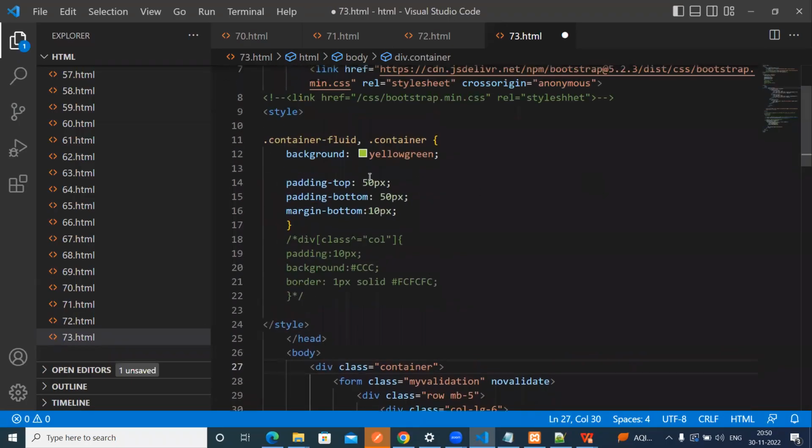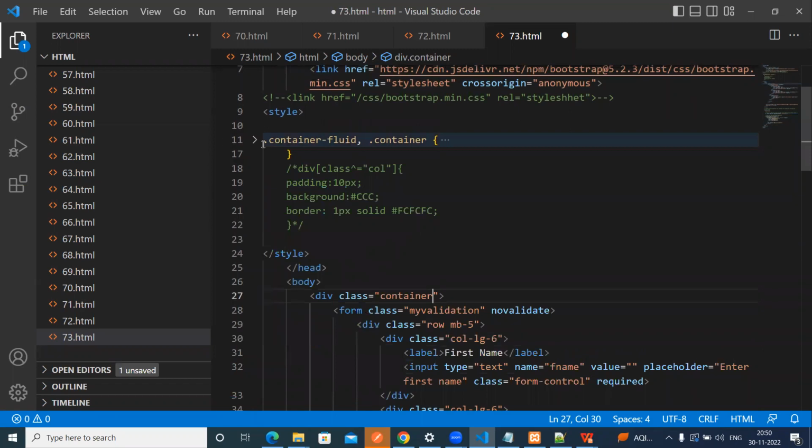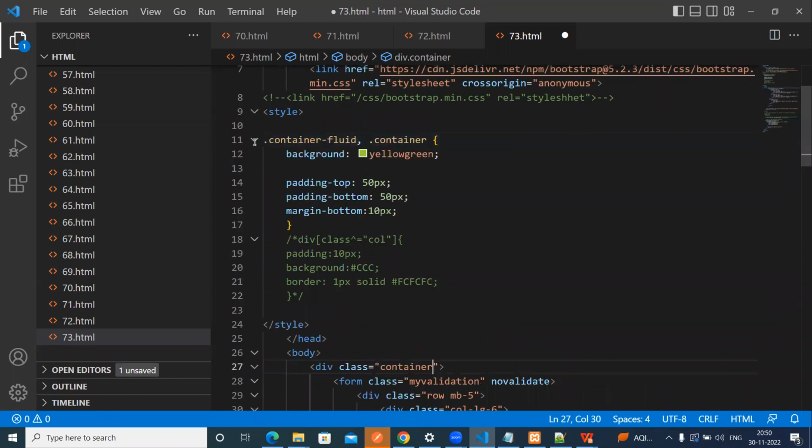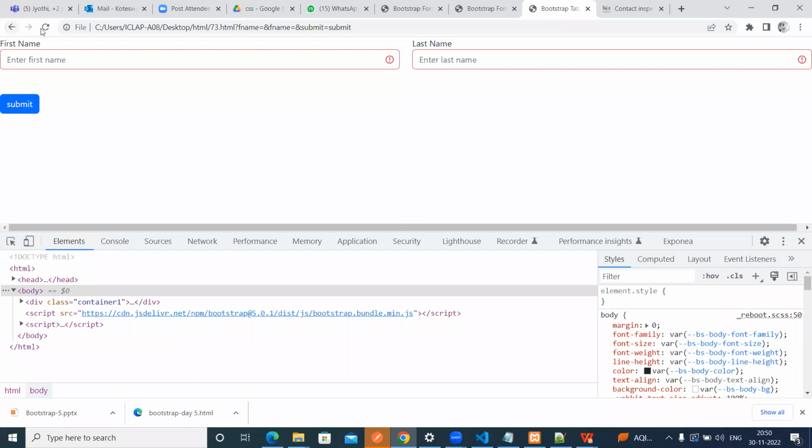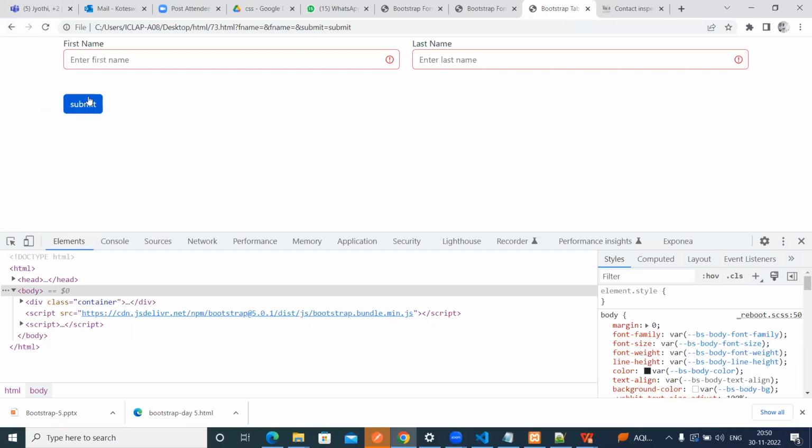I'm stopping this one also. Container 28 plus CSS. Now you can see, whenever I am entering anything, it appears this way. This is validated. Okay, clear? So this is the